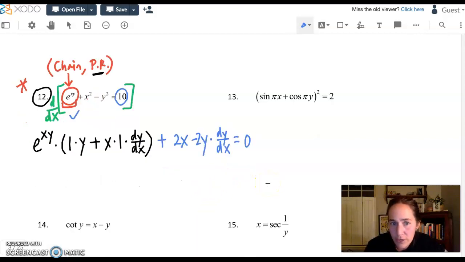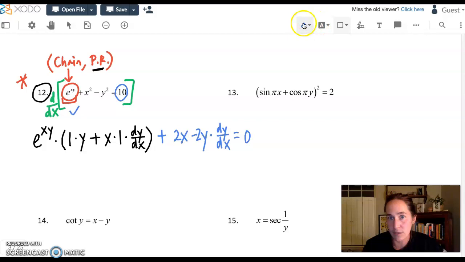So a little bit more to think about and a little bit more work still to be done with getting the dy dx by itself. But it's so funny how now the algebra is just the part to be really careful with. Generally, you got a dy dx inside here that's trapped. You are going to want to get rid of the parentheses. So we can distribute in to do that and make this y times e to the xy plus,